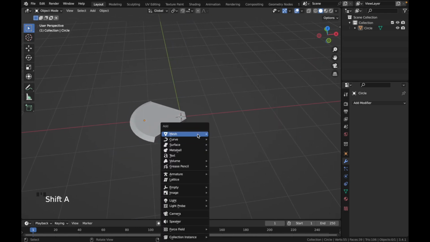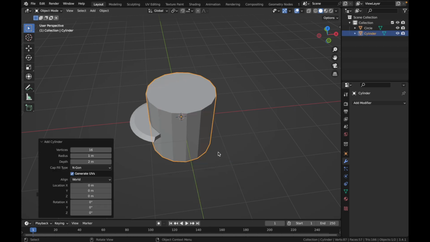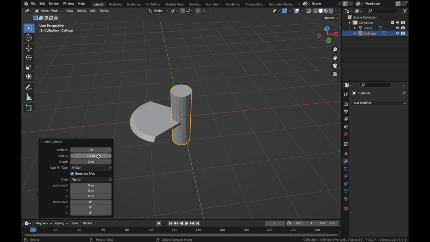So we use a cylinder for its handle. 18 vertices, I think it's good for our cylinder. Resize its radius to 0.1. Yeah, I think it's good, and its depth to 3. Rotate along the x-axis 19 degrees